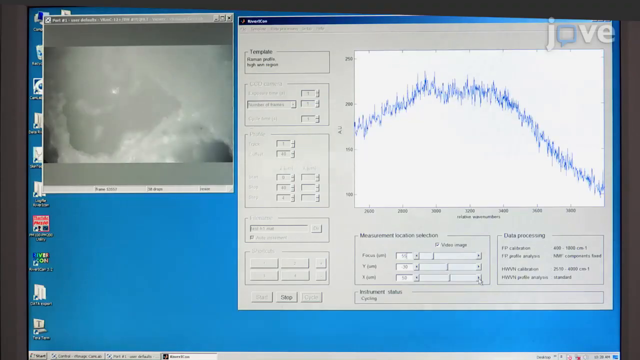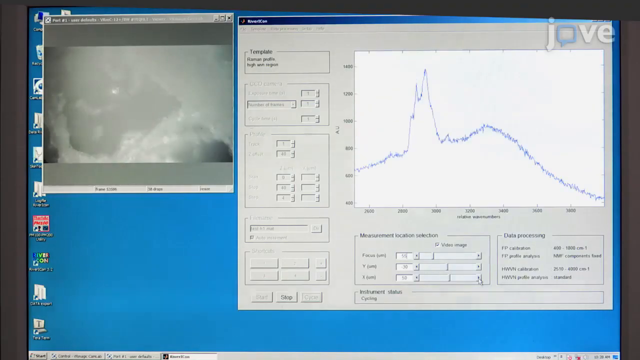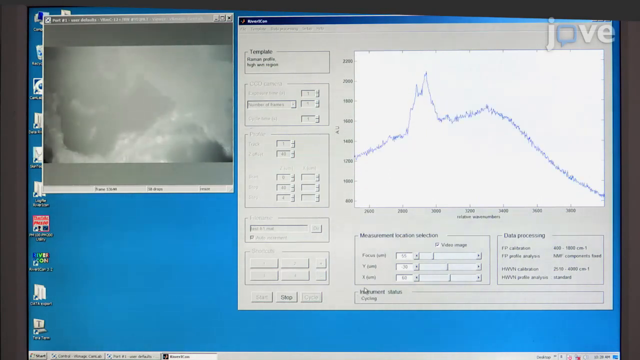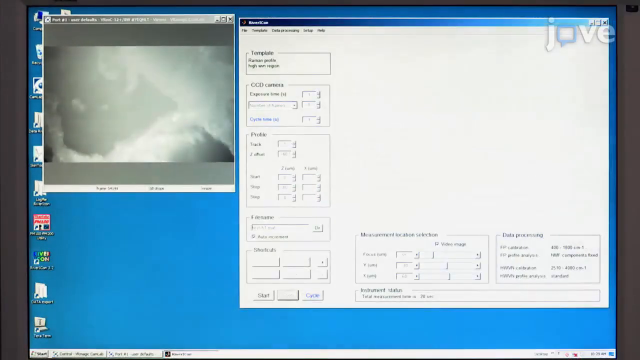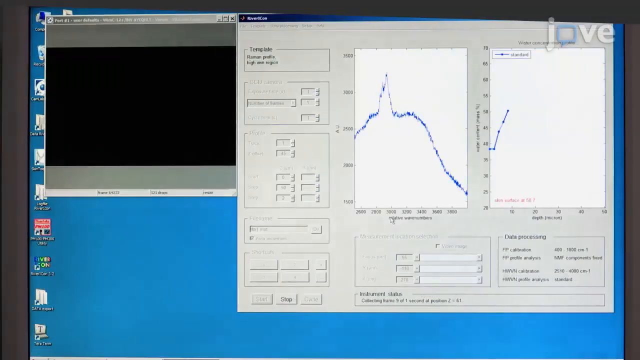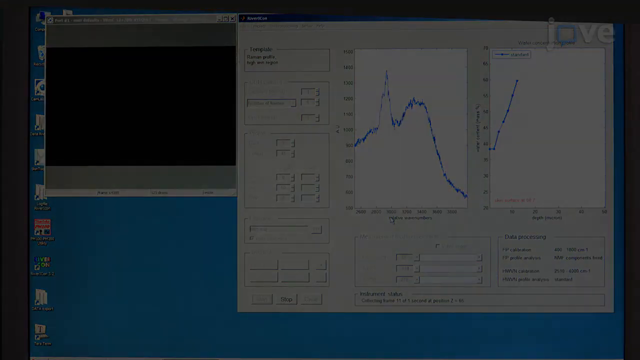Then, open the software and move the focus until a spectrum similar to the one shown here is seen. Afterwards, move the focus 10 microns away from the skin surface. Collect data for 26 steps with a 2-micron step size in the frequency region shown here using